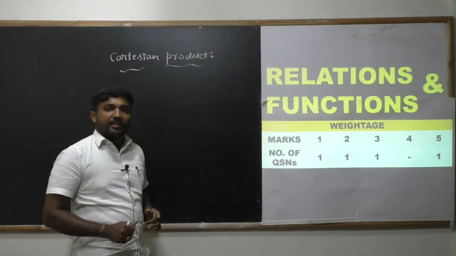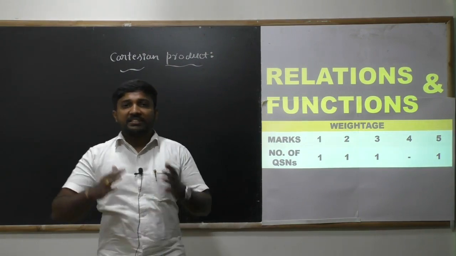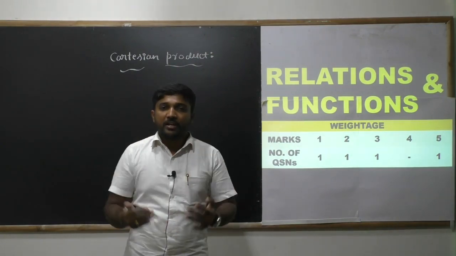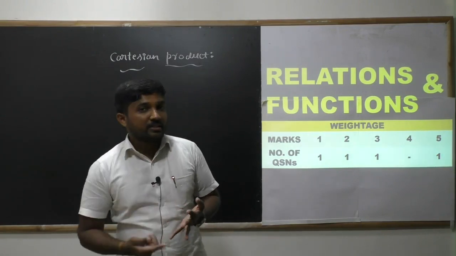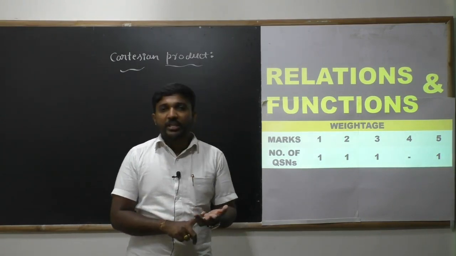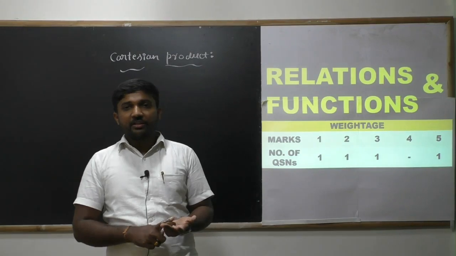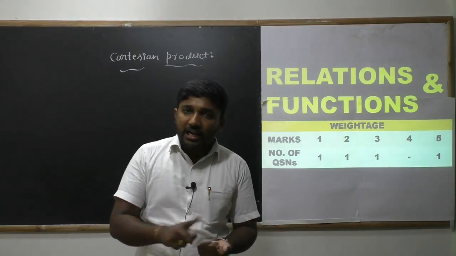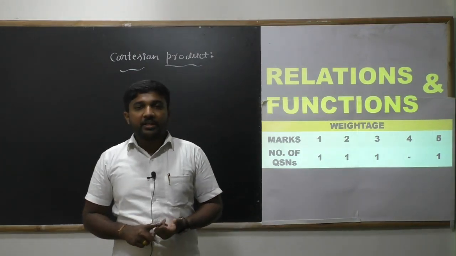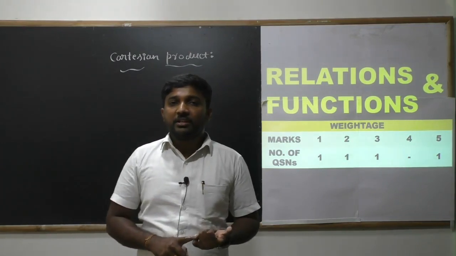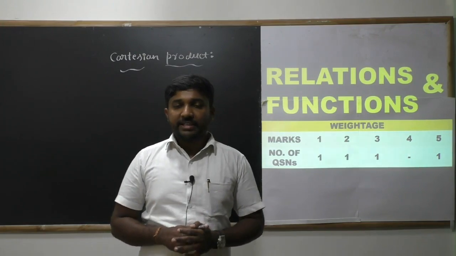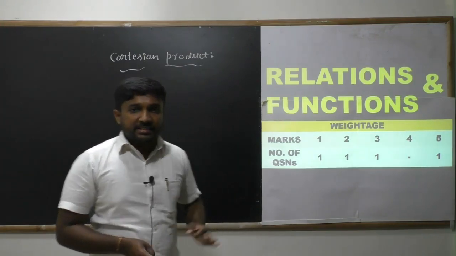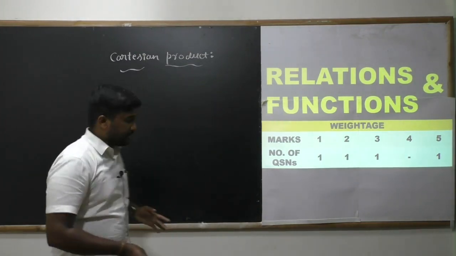Okay. In our previous chapter, set theory, you have learned the different operations between two sets. What are the different operations? Union, intersection, difference, and also the complement. Now there is one more operation, that is Cartesian product, that can be applied between two sets. Now we discuss this definition with an example.